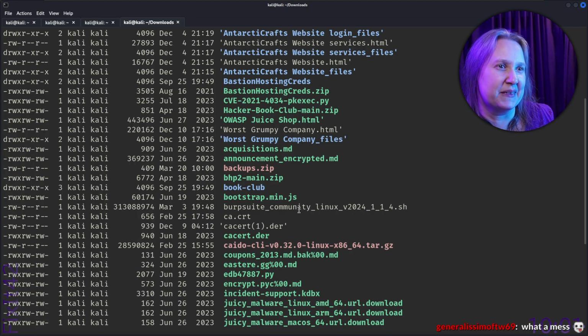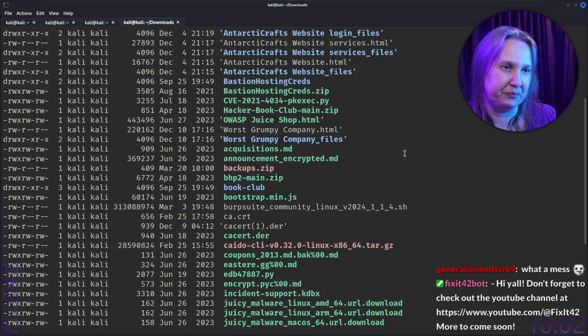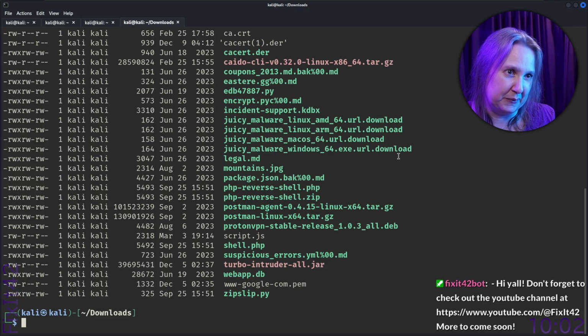Yeah, this is a mess. I'm thinking maybe we should make directories. A few times I have made directories, but still when you download files like this, I could use a graphical interface also to move the file, of course. I don't know if that would be quicker, but maybe.